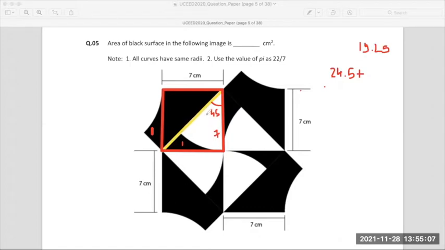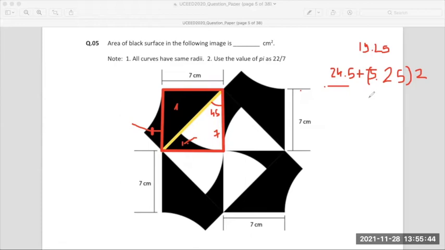Now, if I subtract 19.25 from 24.5, I get this black part which is here. Everybody agrees? Yes, ma'am. कितना आएगा? 5.25. Simple calculation. ये 5.25 into 2, why? Because there are two of those black teeny tiny flanks which are coming here. This flank is one, this flank is another. Another black part is this triangle, which we have already accounted for.